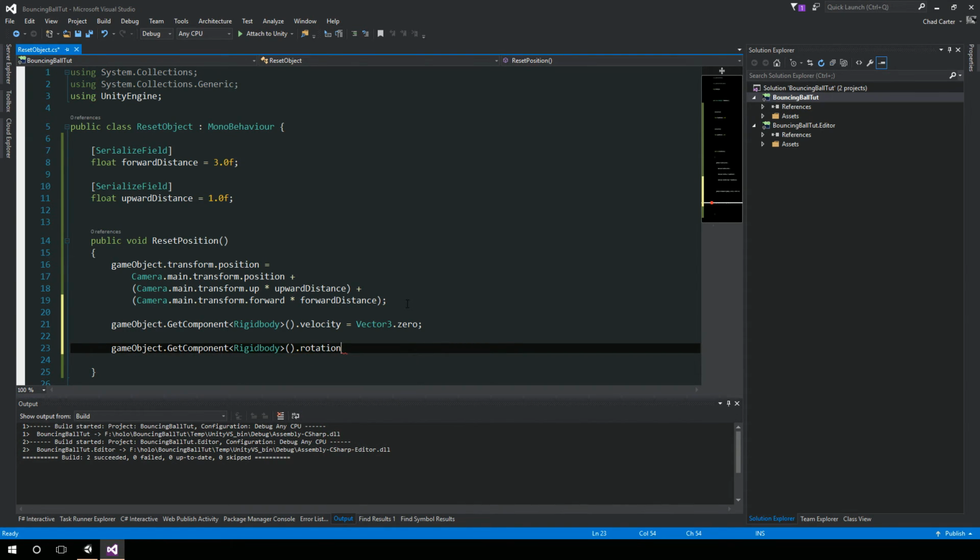So besides the velocity, I also want to set the rotation so it doesn't have any rotation. Right? And in this case here, we'll just use the quaternion identity, which in effect will reset the rotation. So it won't have any rotation either along the X, Y, or Z axis. So now when I save this, go back to Unity,